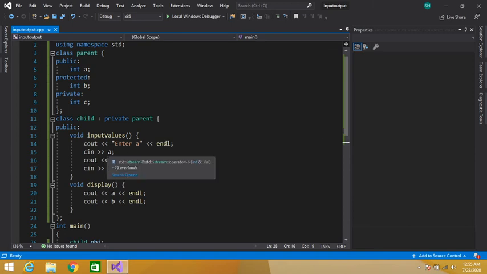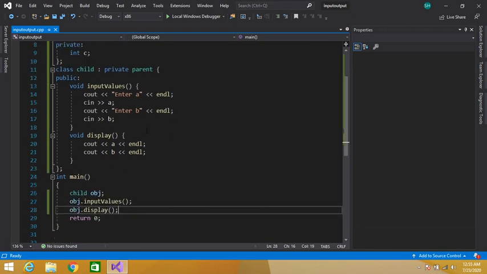So both A and B are private in this child class. They are private now because we are using private inheritance. And if we derive another class from this child class, we cannot access these two data members there because they are private now in this class, as we have already seen by creating a second child 2 class.